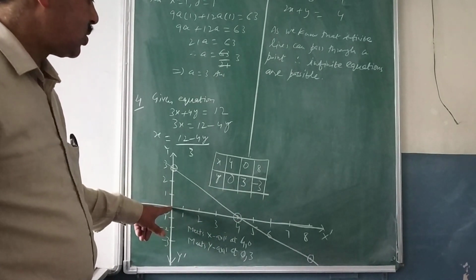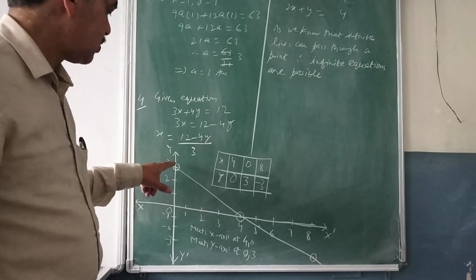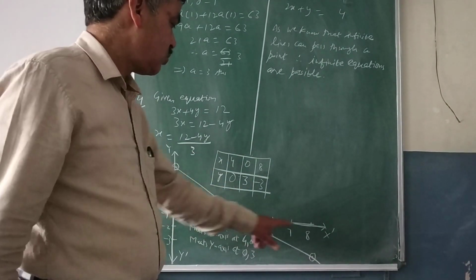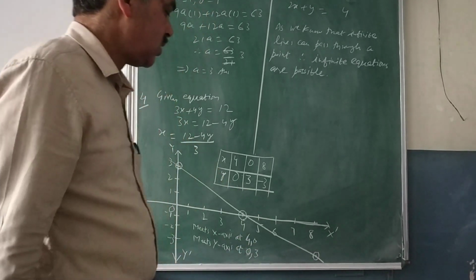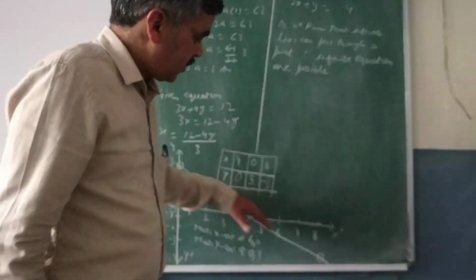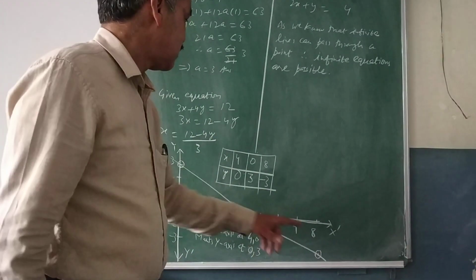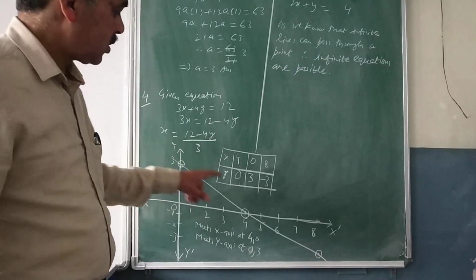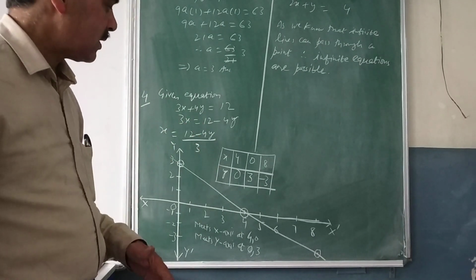Then your abscissa is 0, means no movement on the x-axis anywhere, and towards the y-axis its ordinate is 3. So this is the point 0, 3 here. And then along the x-axis it is 8, so move up to 8, and on 8 you have to go downwards, minus 3. Somewhere parallel to minus 3 you need to mark that point. 8, minus 3 is the third one. Then you join these 3 points with a scale. Definitely you will find them on a straight line, and the graph is there for the equation 3x plus 4y is equal to 12. Please check all the 3 points must be collinear, because the graph of a linear equation is always a straight line.